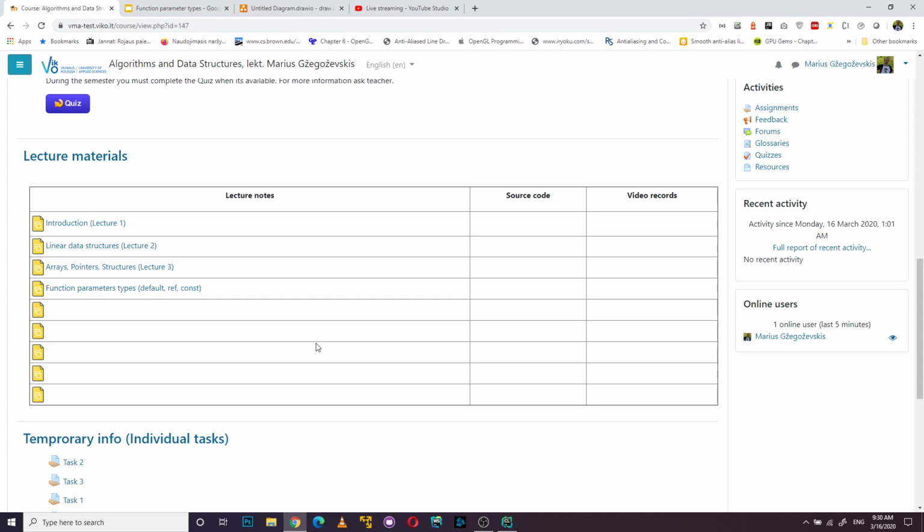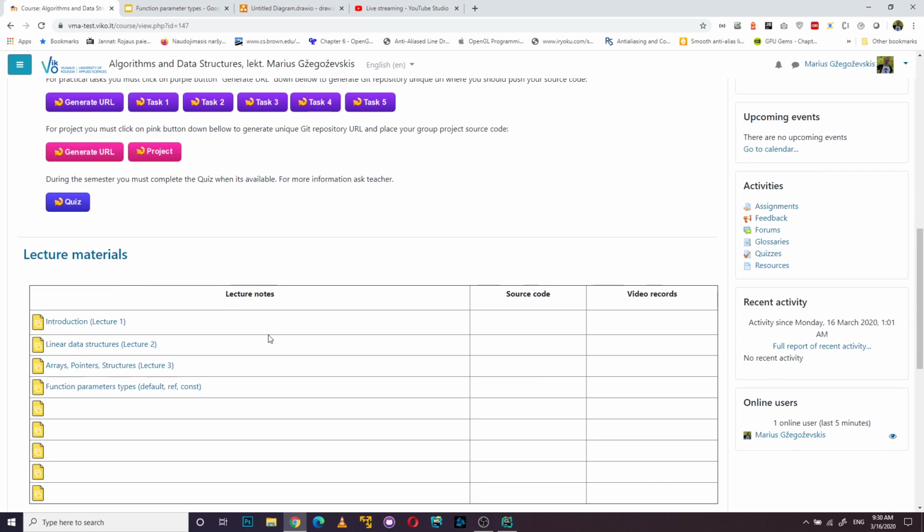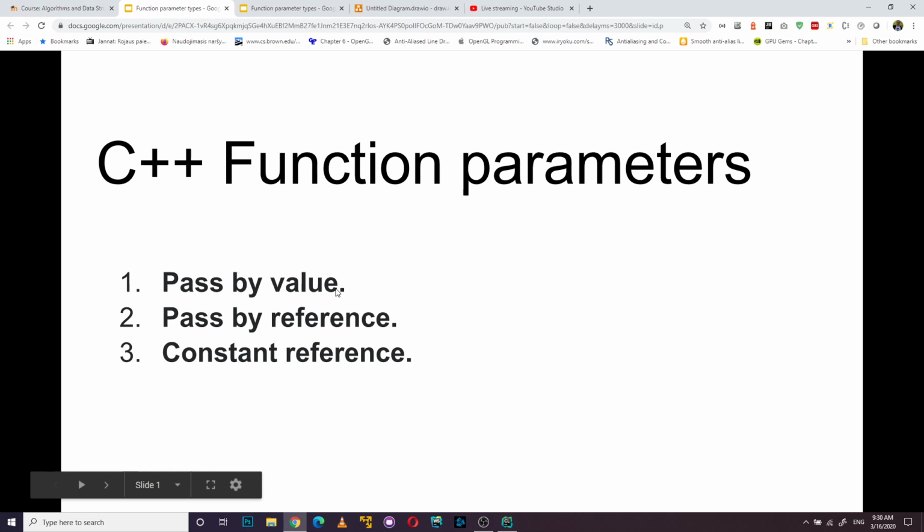Okay, hello everyone. Today we try to review our course and move forward. Today's plan is to review some function parameter types and how to use them. I have a few slides made yesterday. In C++, for function parameters you're able to use pass by value, pass by reference, and